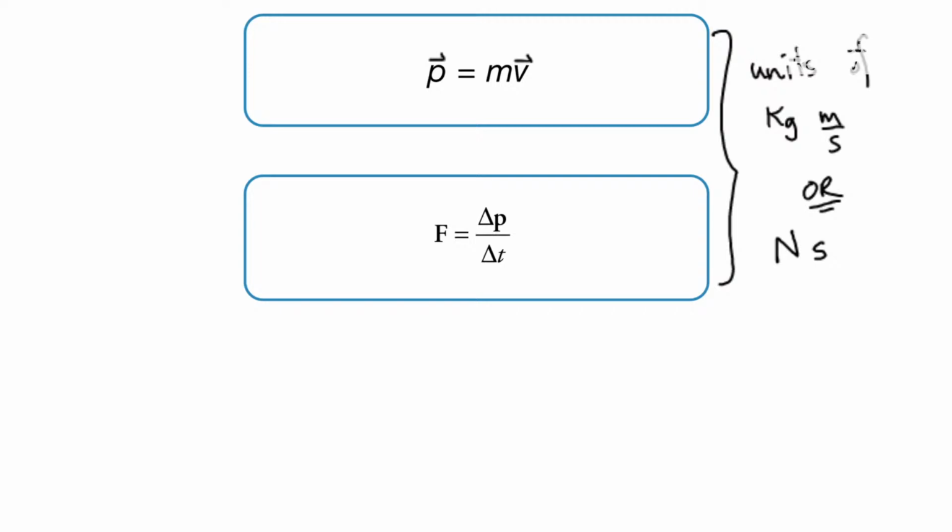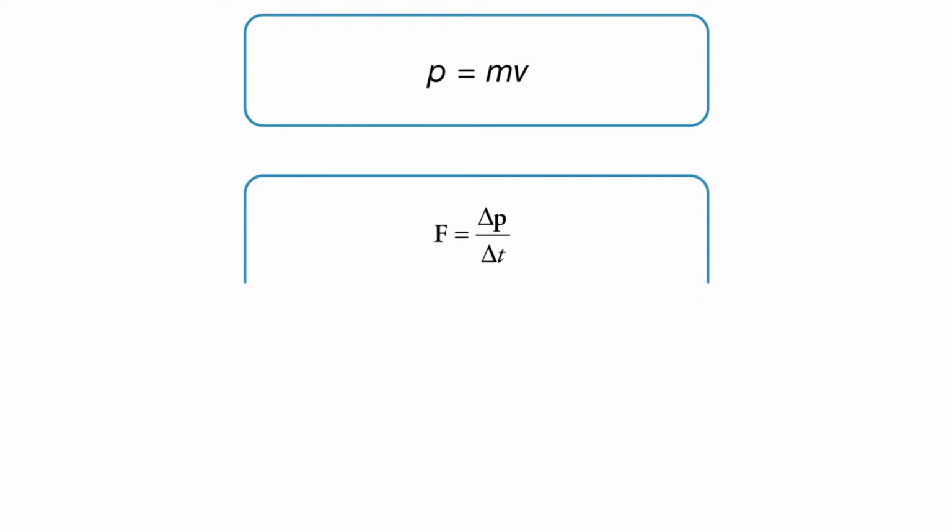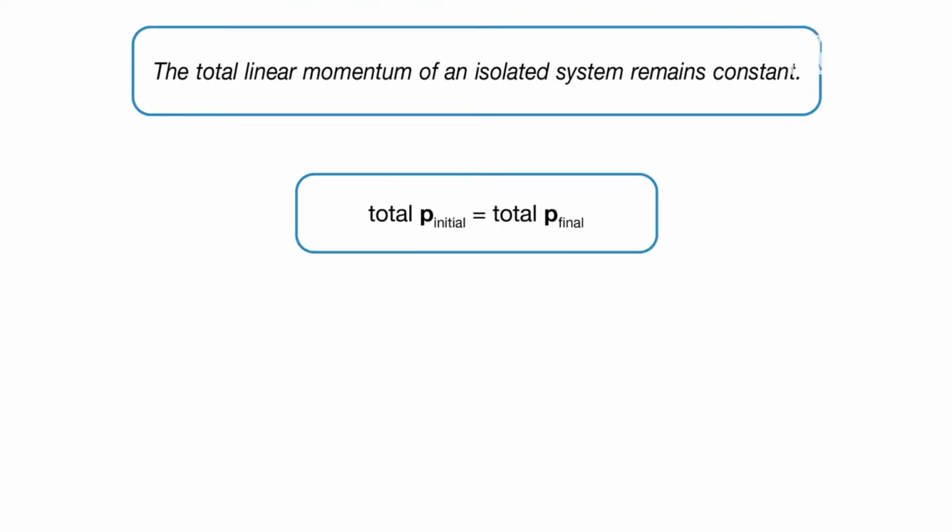So how momentum is often used on the AP Physics 1 test is with conservation of momentum. Here we make the note that conservation of momentum can be employed if our system is essentially isolated. So if there are some sort of external influences on the system, they are somehow balanced out, right? If there's no net external force on your system, then momentum will be conserved. And what that means is whatever initial momentum your system has, that should balance with the final momentum of your